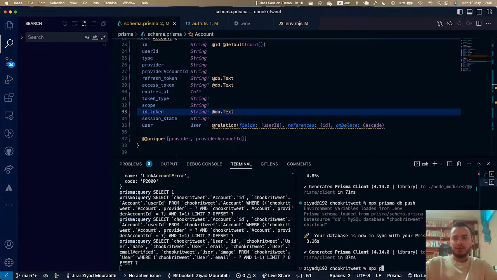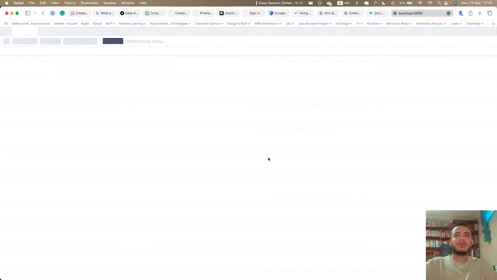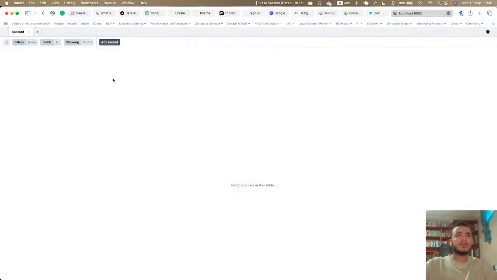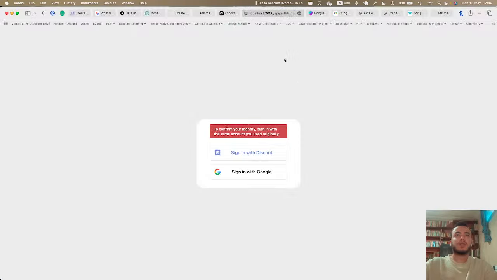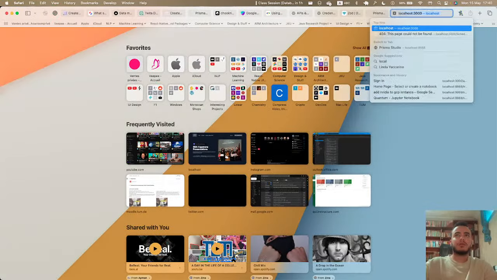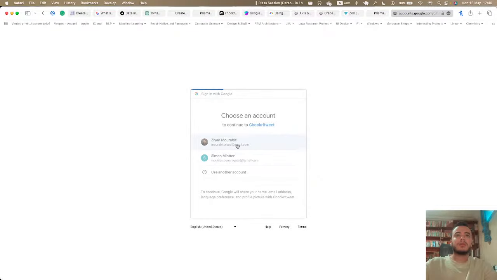Yes. So, npx prisma studio. And do I have some entries? I have an entry for a user. I think I should get rid of it. Let me get rid of it first. Okay. Now let's try to redo that. So localhost 3000, sign in with Google, me, and